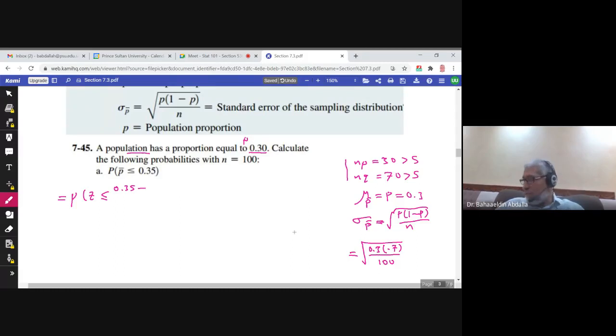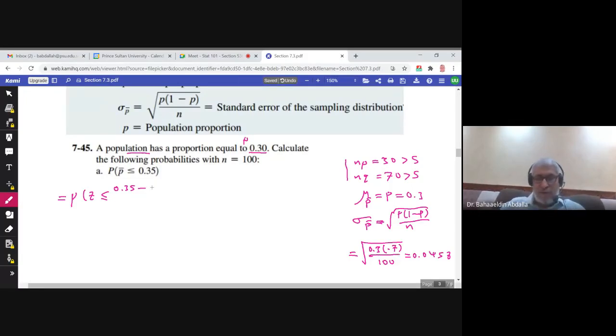So you can approximate this square root, or you can put it as it is if you want the exact answer. 0.3 times 0.7 over 100 inside the square root. This would be 0.0458. Okay, take at least 4 or 5